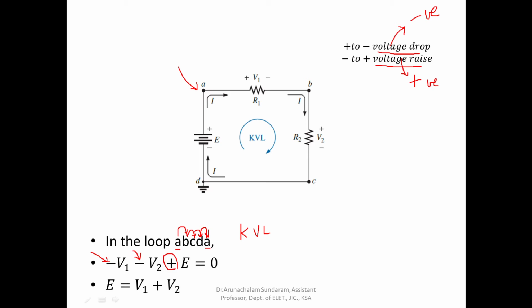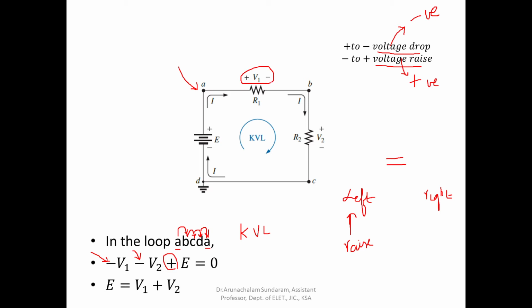Now, this is one way of solving Kirchhoff's voltage law. What is another way? Another way is first to put the equal to sign. There are two sides of the equal to sign. This side is called the left side of the equal to sign, and this side, whatever you are going to write, is called the right side of the equal to sign. Now, on one side you write voltage drop, and on the other side you write the voltage rise. I prefer to write on this side whatever is voltage rise. Here I am not going to take care of the sign. I am just going to see, is this voltage rise? Let me move from A to B. Is this voltage drop? Yes, this is voltage drop.